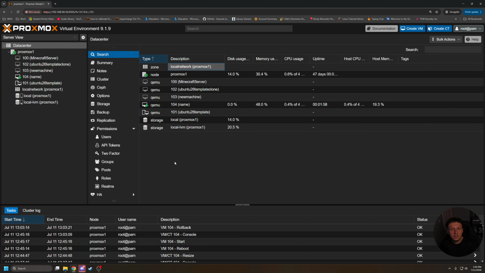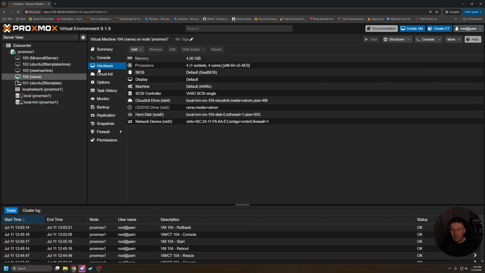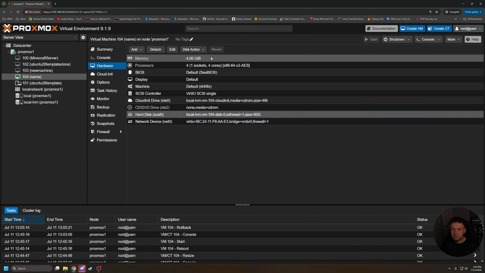So what you're going to do is log into your Proxmox environment. I'm going to use this virtual machine specifically. When you're on this virtual machine, you're going to click the hardware tab. And then from the hardware tab, we're going to find the hard disk entry. Here we can see that it has 50 gigs. So if I select this, we can see some boxes are now available at the top for us. We're going to click disk action,